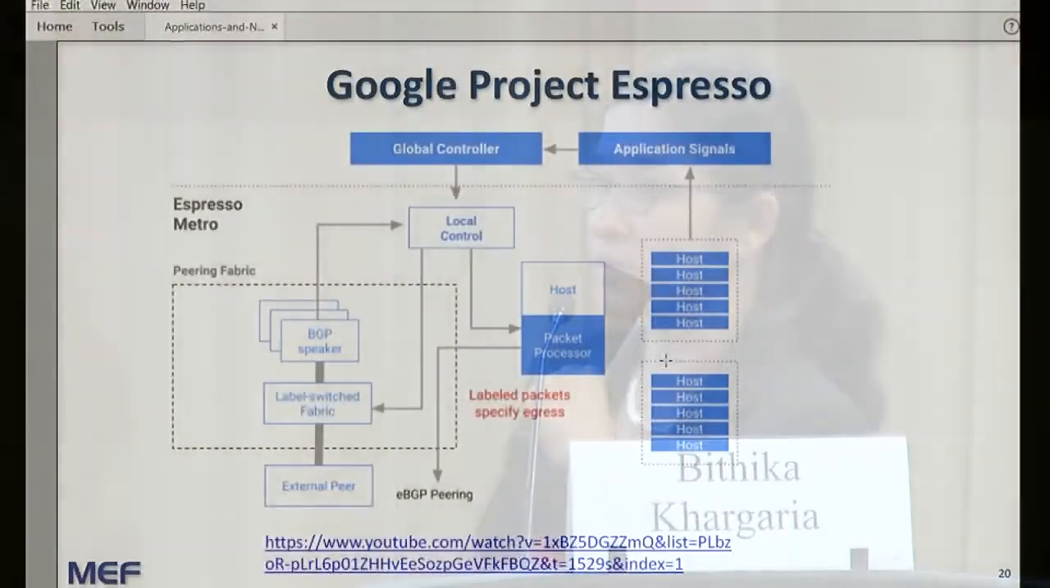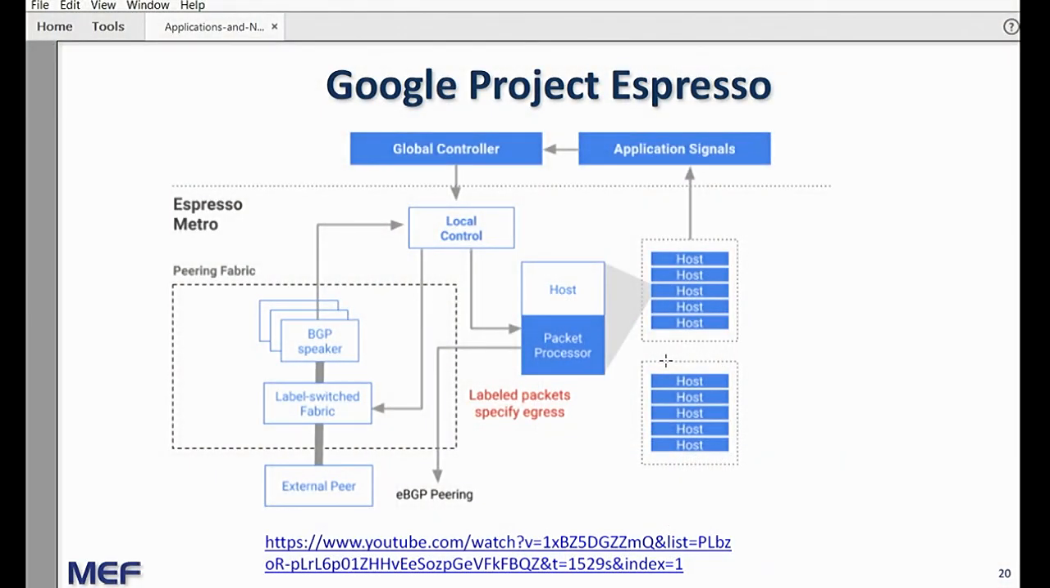The other example is Google's Project Espresso. So Google has about 200 points of presence throughout the globe. And they're a media company at the end of the day, or a marketing company. And their business is really about every person in the globe being on the internet. Everyone needs to have connectivity, and hopefully really good connectivity. It's all about